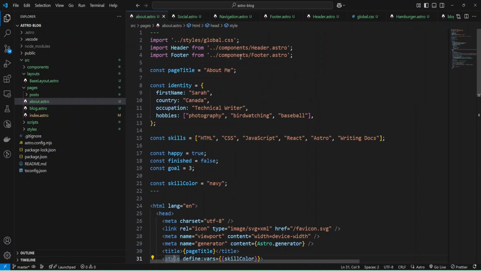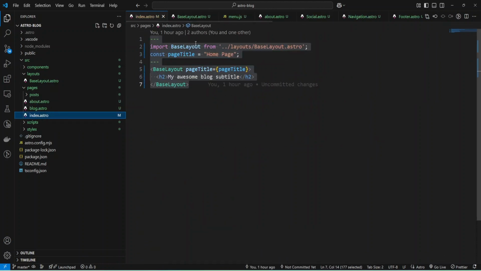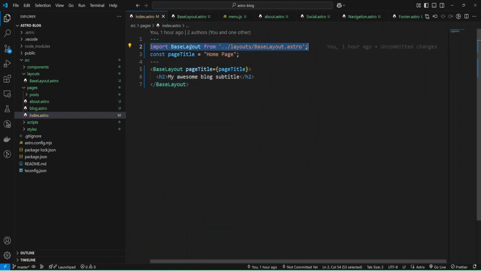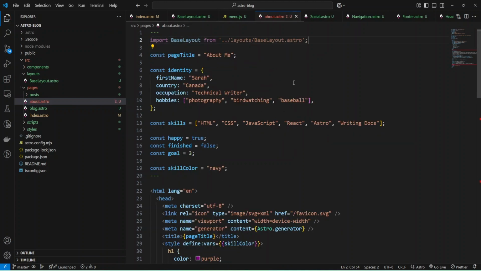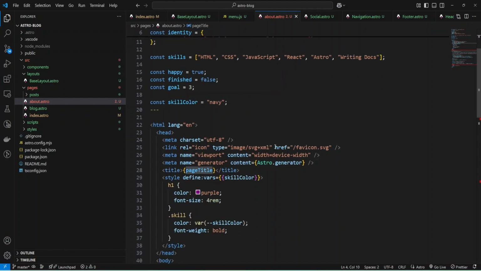Let's change it. I'm going to copy the import base layout and paste it in my about page. We have the header and footer in the base layout, and I'll keep this page title and other variables.